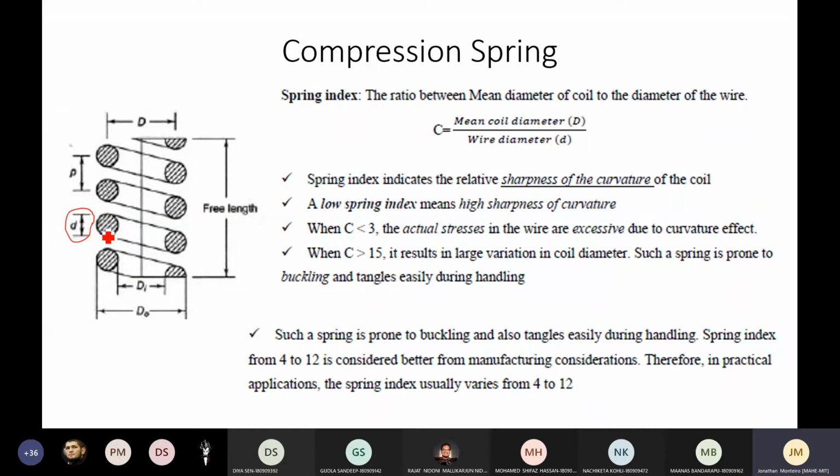Okay, the wire diameter. This is shown through cut section. Okay, and that remains the same throughout. For most of the springs, I can say 99.9% of the springs, it will remain same throughout. Very special springs, it might vary. Okay, but this d, small letter d, for all purposes is called the wire diameter. That is also described here in this formula over here. Okay, wire diameter d.